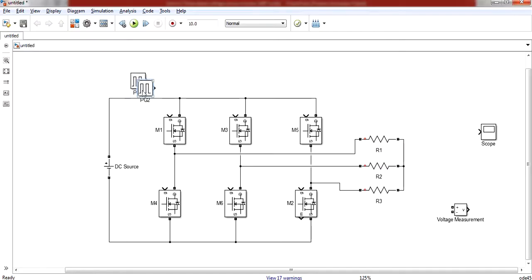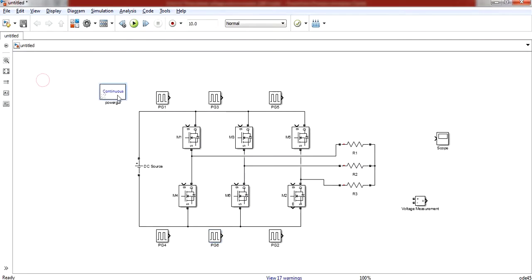Now copy this. This is PG2 for the second MOSFET. Copy, PG3 for the third MOSFET, PG4 for the fourth MOSFET, PG5 here in the upper group, and the last one is PG6. So we have taken all 6 pulse generators.